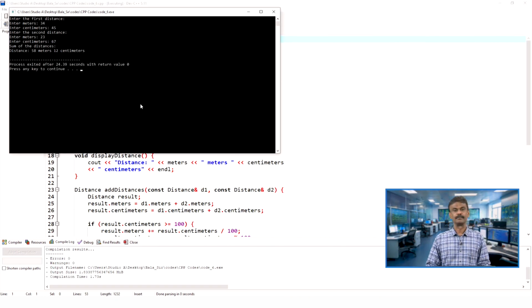You can verify the meters and centimeters. 45 plus 67 naturally will go beyond 100 and the remainder carries 1. So 34 plus 23 plus 1, you got 58 meters. The program is running fine.